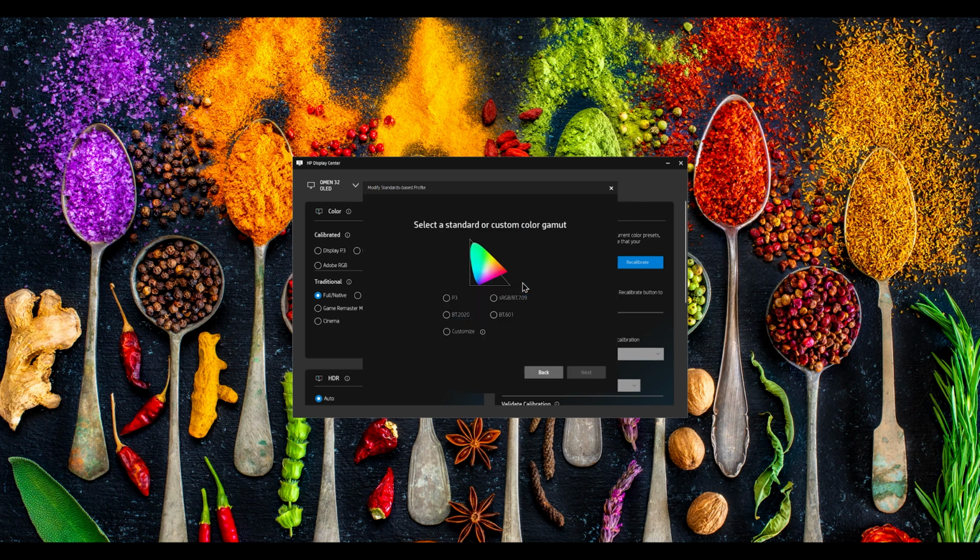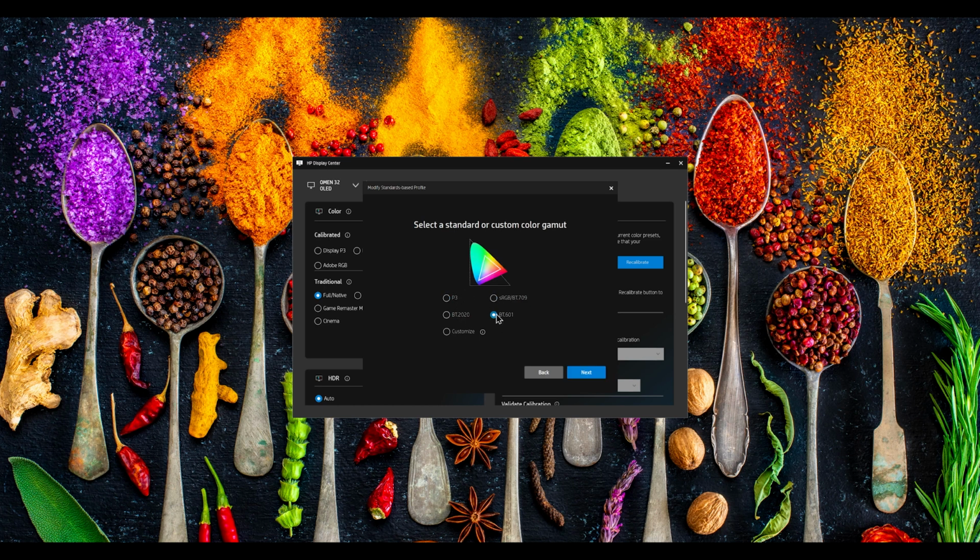I'm going to click on Standards Based, and it's going to ask me for the gamut that I want to use. I can choose from 4 standard gamuts: P3, BT 2020, sRGB, or 709. They have the same gamut. Or I can choose BT 601. BT 601 is an older standard definition gamut that was used on televisions. Or I can click on Customize. Notice for whatever one I pick, it will show me the gamut targets.